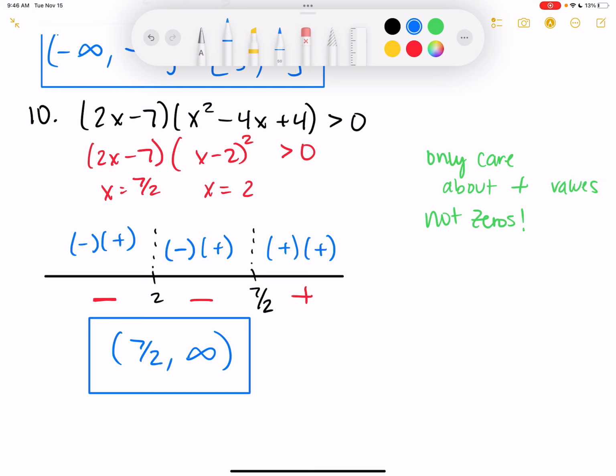Do we have a solution? Yeah. What do we get? You can go. I guess let's see. I got